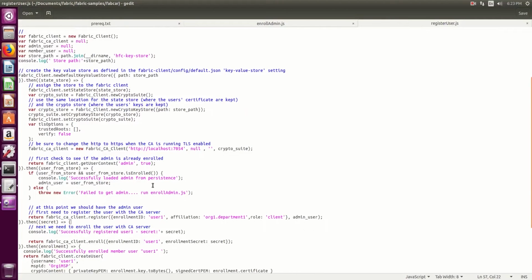So first of all, we need to load the admin. As we discussed, admin here is basically the MSP. Since this is a permissioned ledger, we need permission of the admin to register a new user. So as you can see right here, we need to get the user context of the admin, and once we have it,